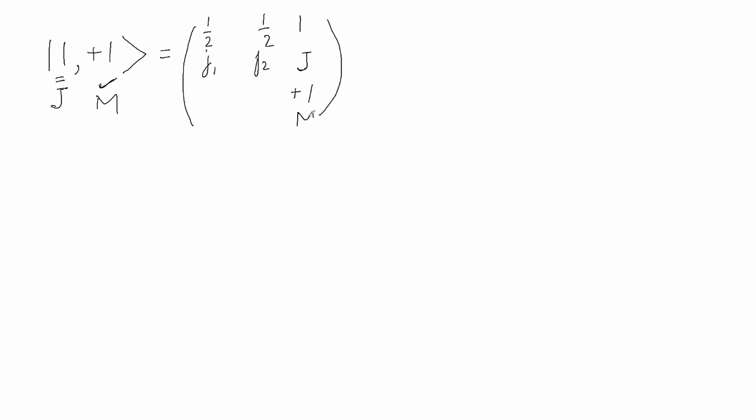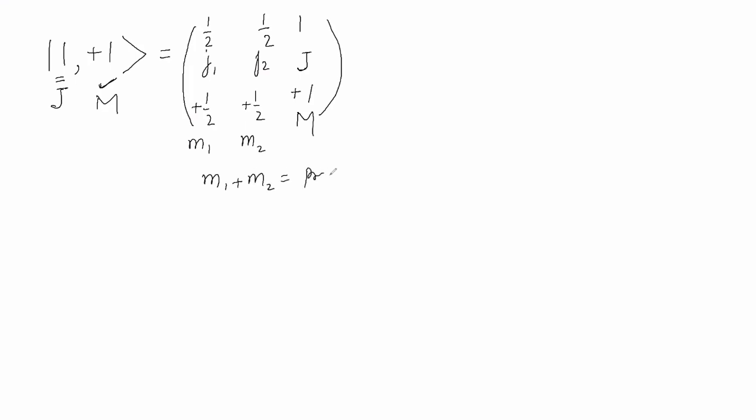This is my capital M. Now, if I ask you how I can form a +1 projection state from two spin half objects, then your answer would be that this is only possible when this has got a projection plus half and this has also got a projection plus half, such that this is M1, this is M2, and we know that